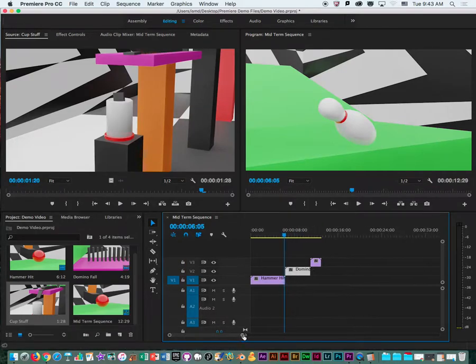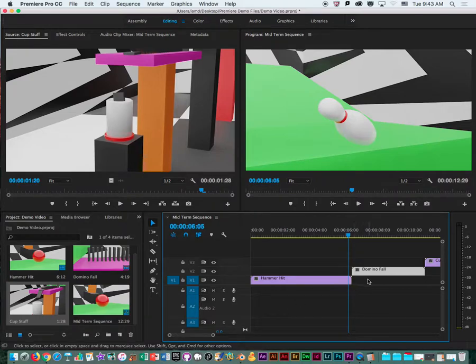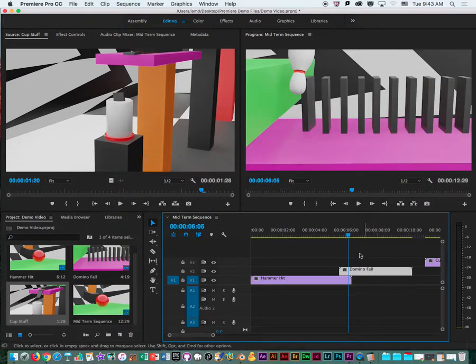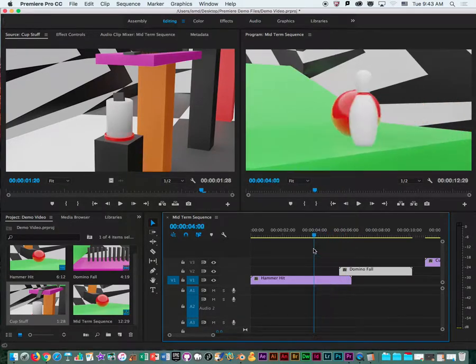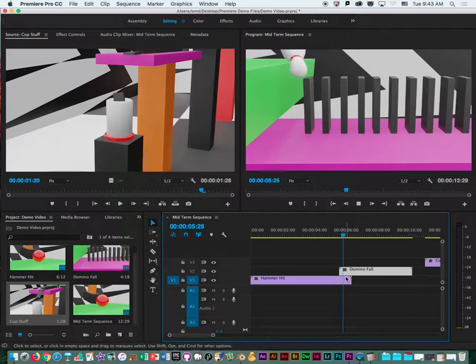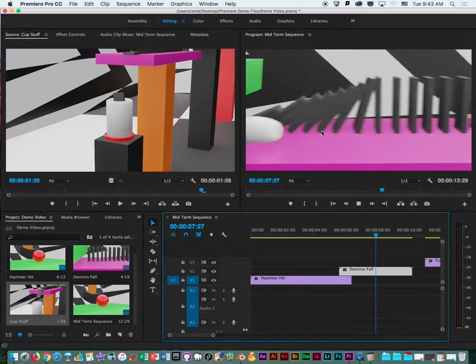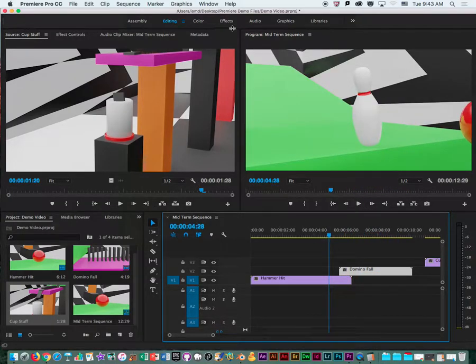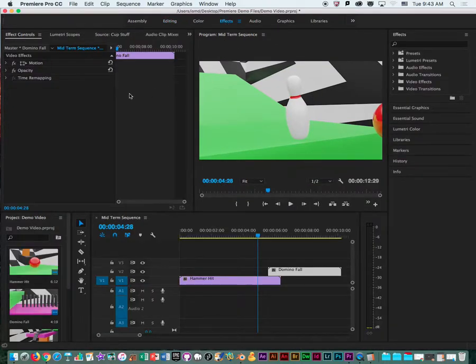In one of these layers, I could move this second clip so that it overlaps with the first one. If I hit play, it just switches straight to the next one. I could have that fade if I wanted to. If I click on this effects tab at the top,